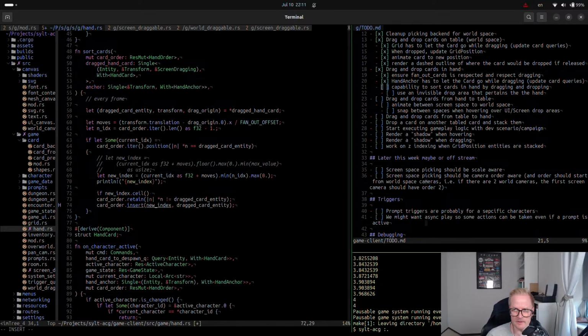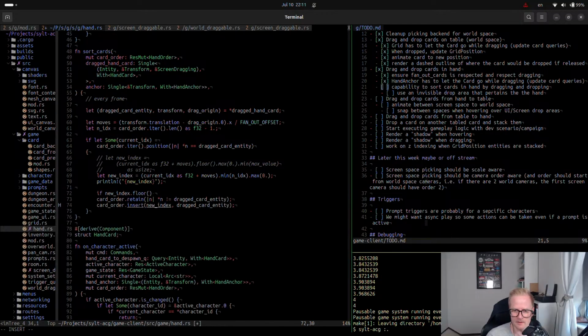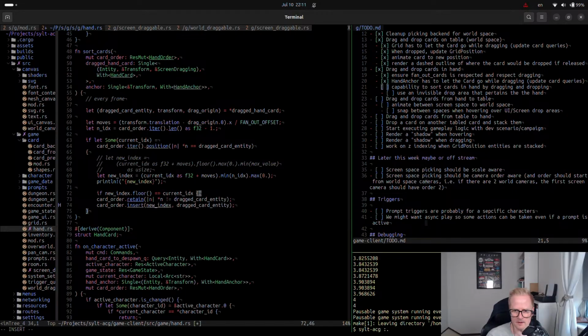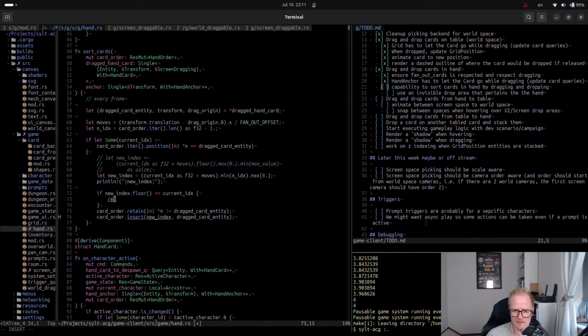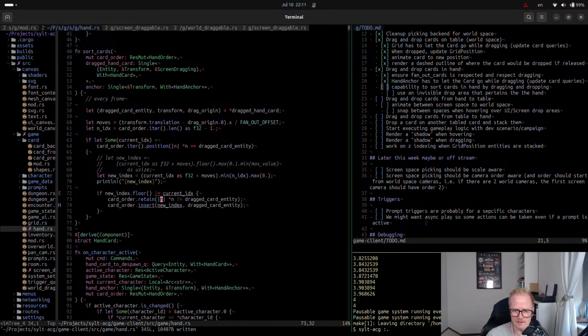If new index ceil is, no, not ceil, floor. Let's do floor. If new index floor equals current index, do nothing. Or rather, if it's not the same, do this. Okay. A new index will be